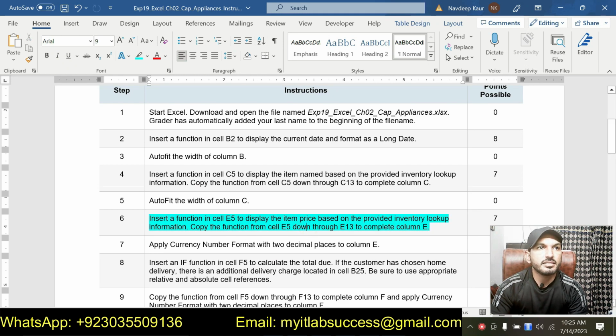So step number 6 is insert a function in cell E5 to display the item price based on the provided inventory lookup information. Copy the function from cell E5 down through E13 to complete column E. Just like step number 4, we are again supposed to use a lookup function. In step number 4, we were supposed to show the item name based on the inventory information, but in step number 6, now we are supposed to show the item price based on the inventory information,